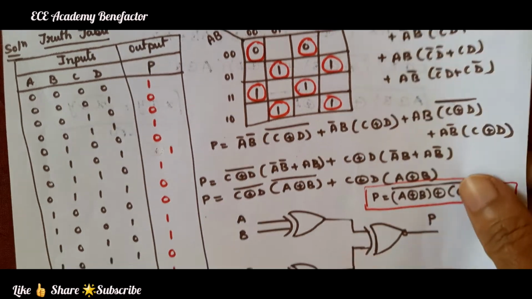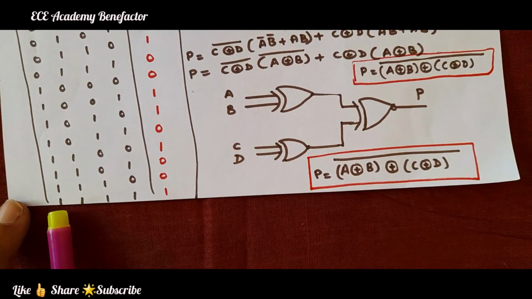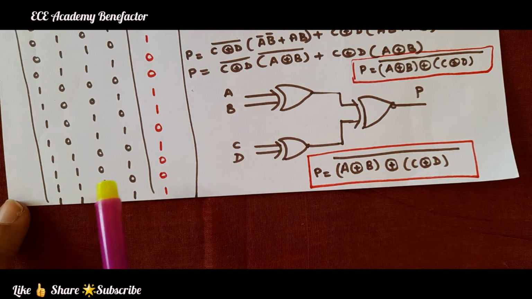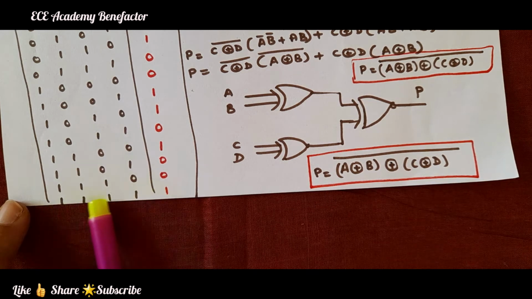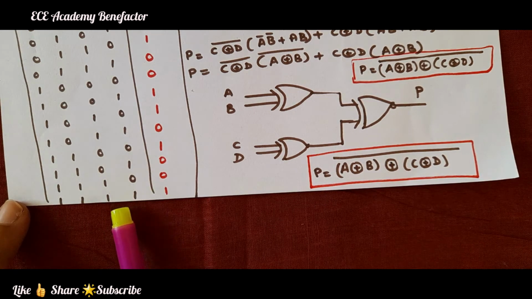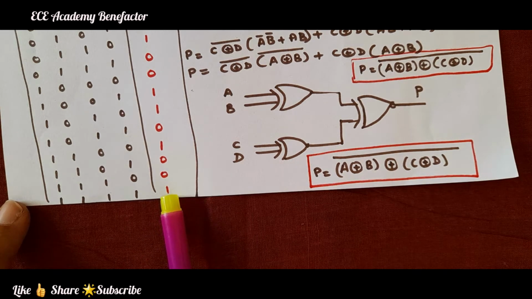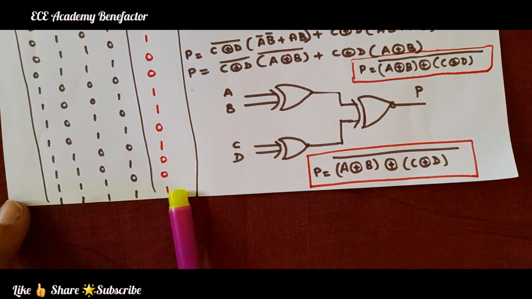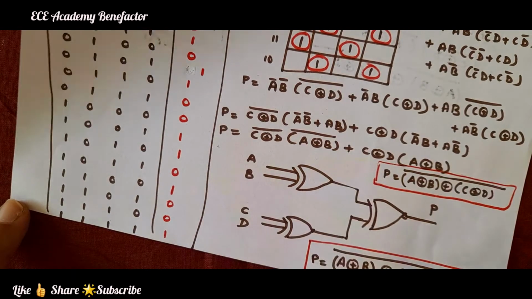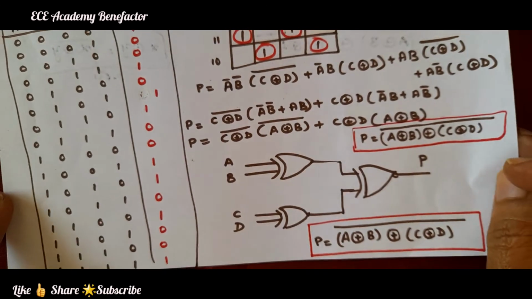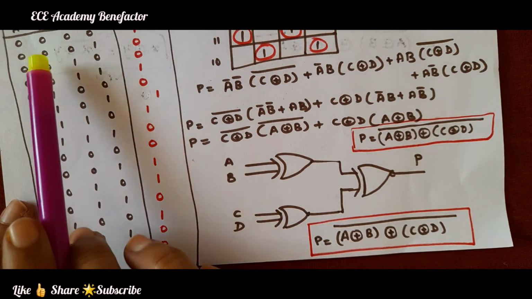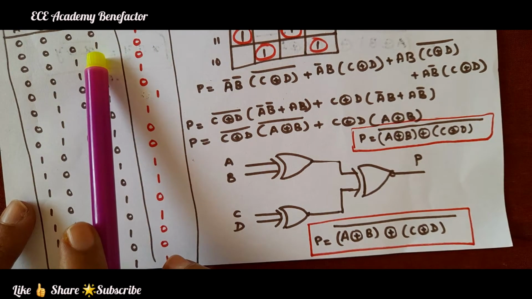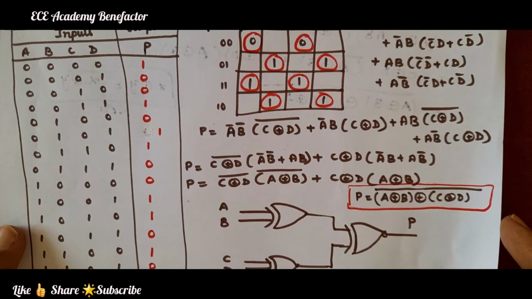Now, let us see the last condition. When there are 4 ones in the bits, all 4 bits are ones, the number of ones in this combination is even, and we are designing an odd parity bit. So, we will make this parity bit 1. So, the total number of ones in this complete message will be 5 ones. So, it will be odd parity. In this way we have designed it. If an even number of ones are present, the parity will be 1. If an odd number of ones are present, the parity will be set to 0.